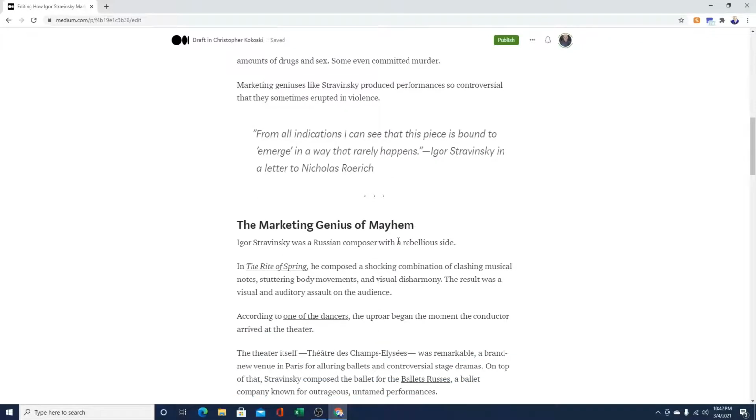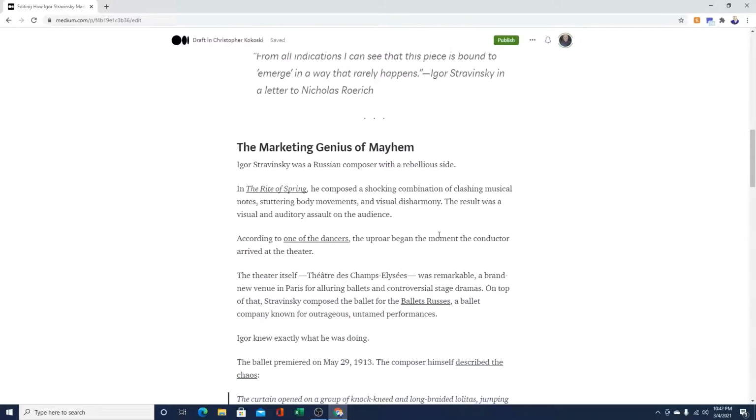The marketing genius of mayhem. Igor Stravinsky was a Russian composer with a rebellious side. In The Rite of Spring, he composed a shocking combination of clashing musical notes, stuttering body movements, and visual disharmony. The result was a visual and auditory assault on the audience. According to one of the dancers, the uproar began the moment the conductor arrived in the theater. The theater itself, I'm not going to pronounce that,